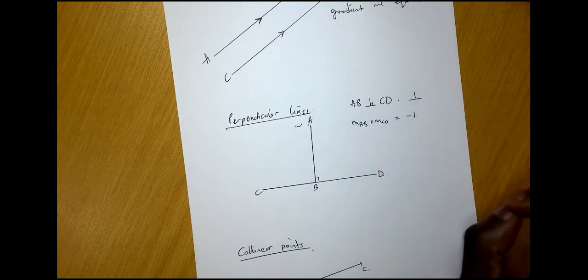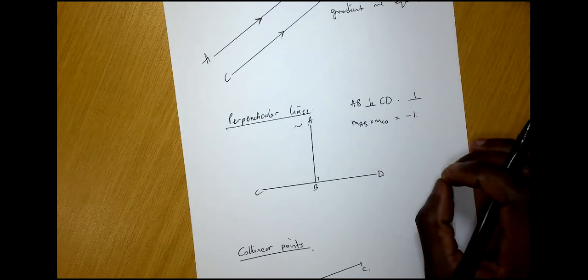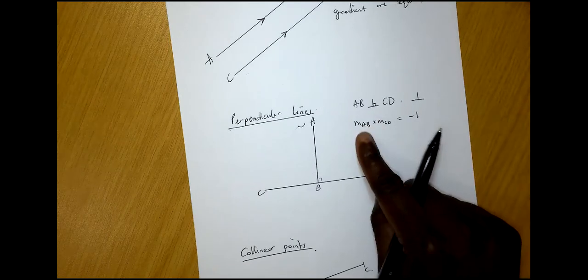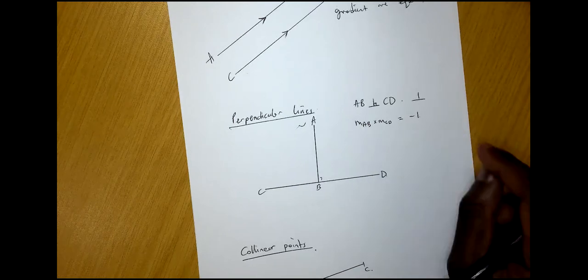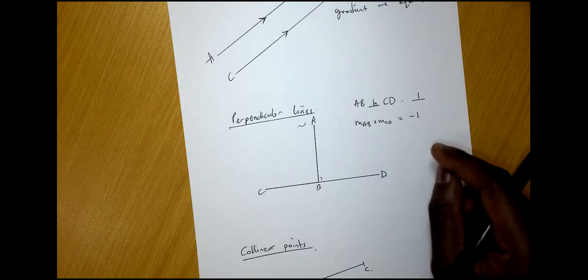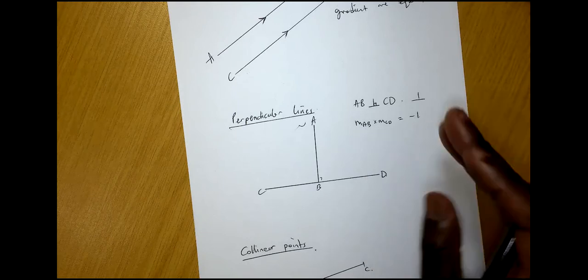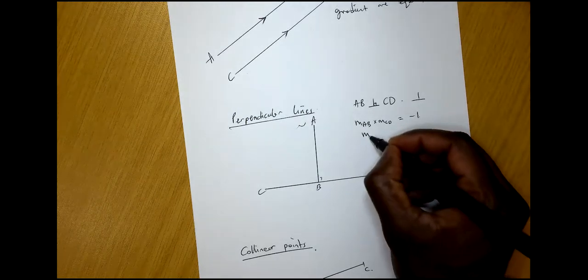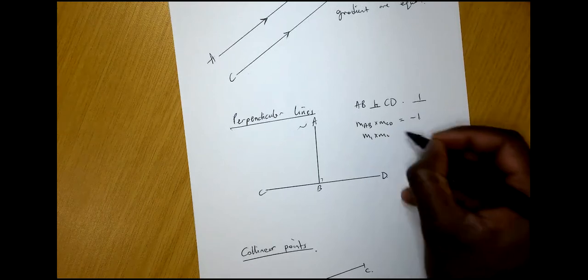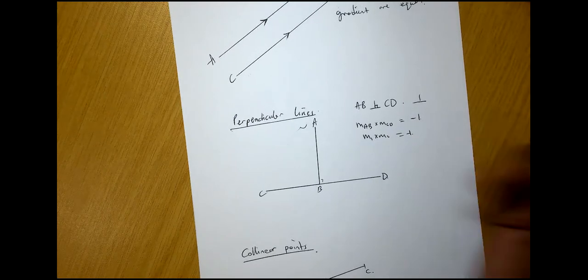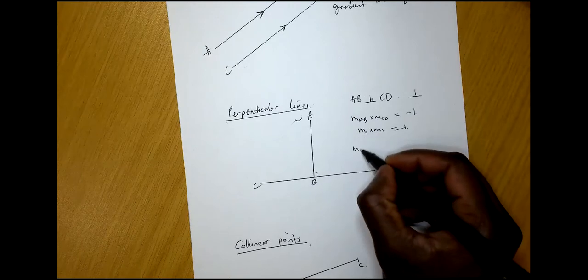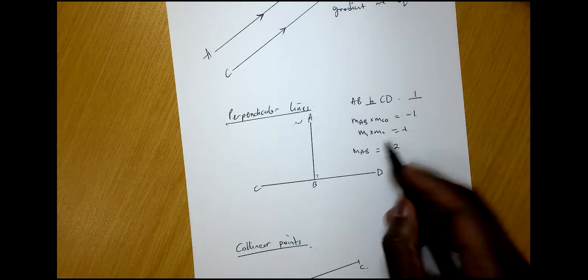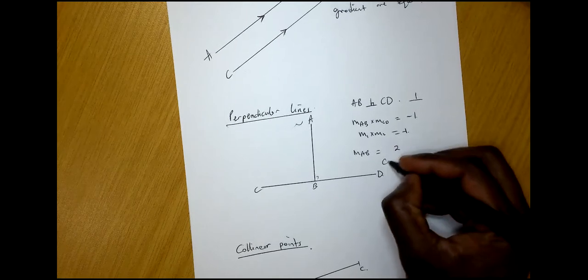Whenever you are given perpendicular lines, by finding the gradient of one of the lines, you can automatically calculate the other one. You don't need to calculate both of them. You just need to calculate one, then the other you can determine using the equation that you know already. So M1 times M2 gives us -1. Let's have an example here. Let's say MAB is equal to 2. Now we want to calculate